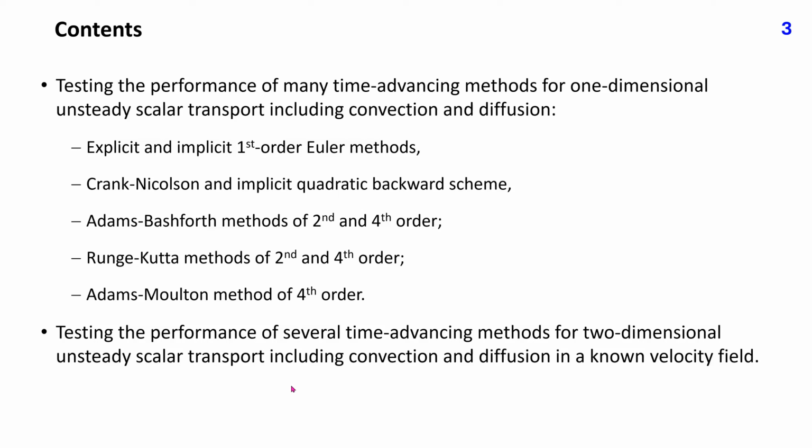The second test case is the unsteady version of the test case studied in lecture 9. Here only first and second order methods are analyzed. Only the transport equation for a scalar variable is solved. The velocity field is prescribed analytically and is steady. The initial condition is a zero scalar field, while a linear variation of the scalar variable is prescribed on one boundary, and we are observing the propagation of the boundary influence into the field due to both convection and diffusion